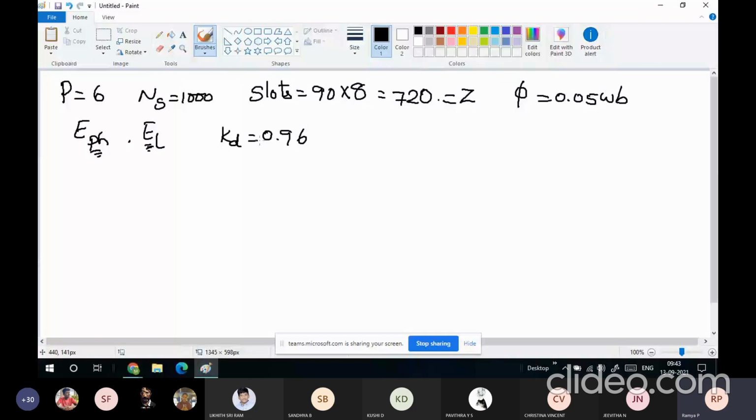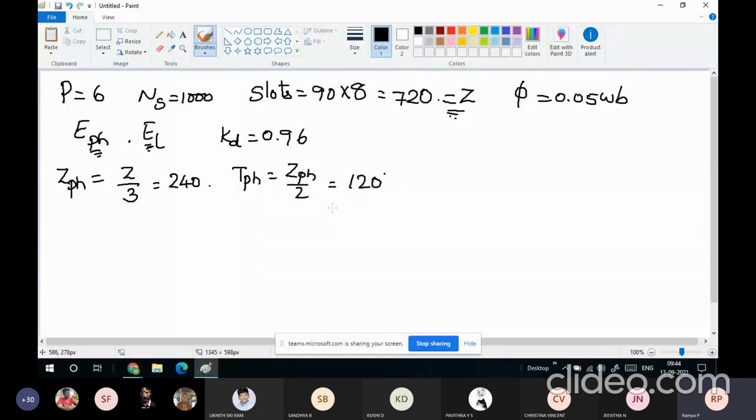Now, after taking this data, you have calculated the total number of conductors, Z. Now I will calculate the conductors per phase, that is Z per phase. That is nothing but Z divided by 3, the total number of conductors divided by 3. It is 720 divided by 3, so there will be 240 conductors per phase. Using this, I am going to calculate the turns per phase. It is Z phase divided by 2, so it will be 120 conductors.